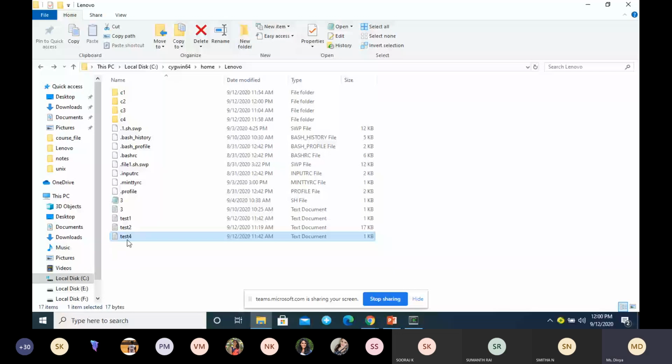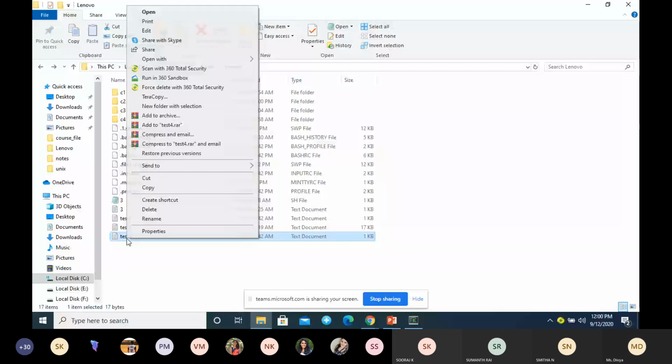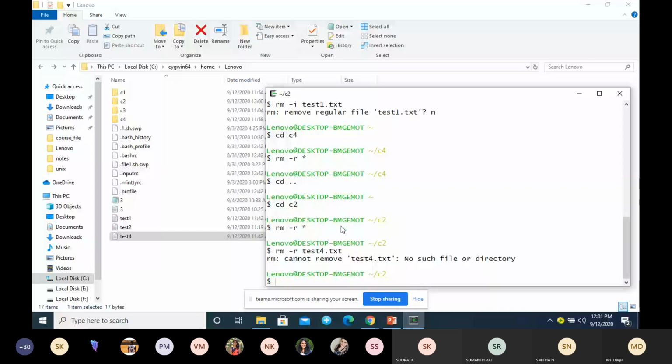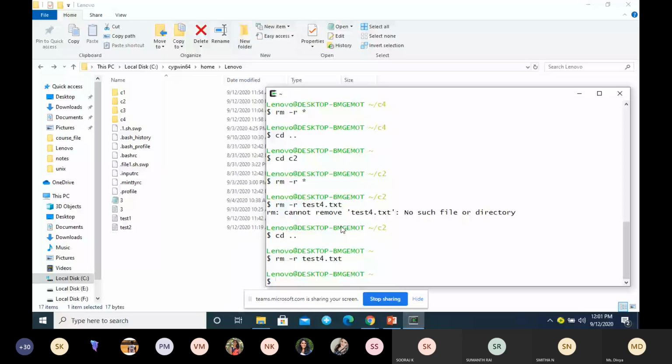Here I'm trying to remove this test4.txt file with the option -r. See here, it will delete. It will not ask any confirmation.